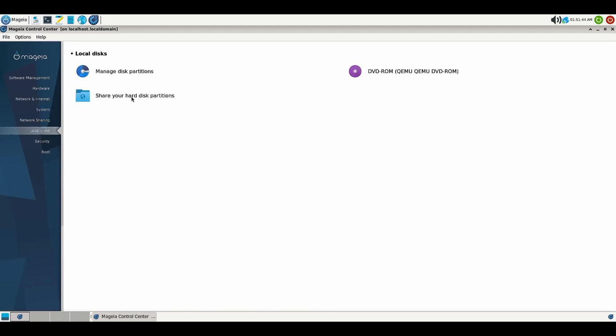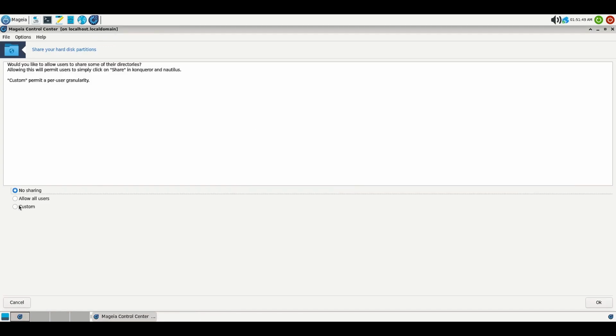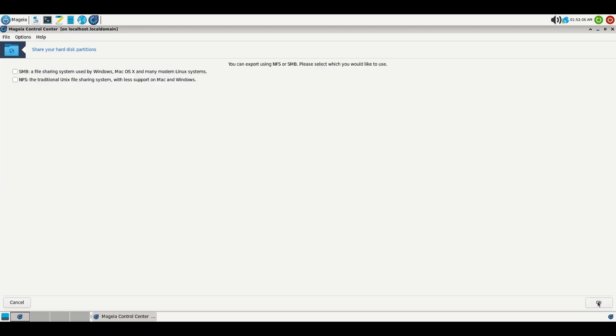So now we will check out sharing your hard disk partitions. So you can share your hard disk partitions. If no sharing is selected, then certain partitions cannot be shared between multiple users on the system, or you can allow different users, or you can also give disk quota to the different users. You can see here, you can also create SMB and NFS partitions. So your partitions you can share with other SMB and NFS systems, and you can also export